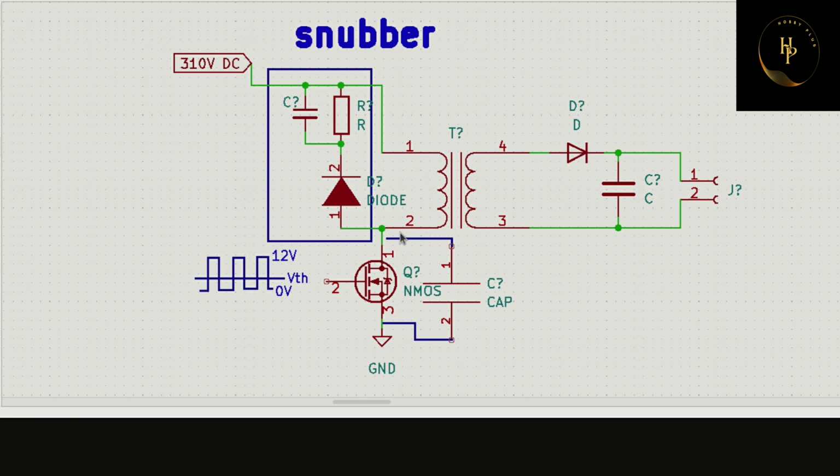So you get here your supply voltage times 2, that means 620 volts, but your switch's source to drain breakdown voltage is, suppose, 800 or 1000 volts, but the ringing peak,